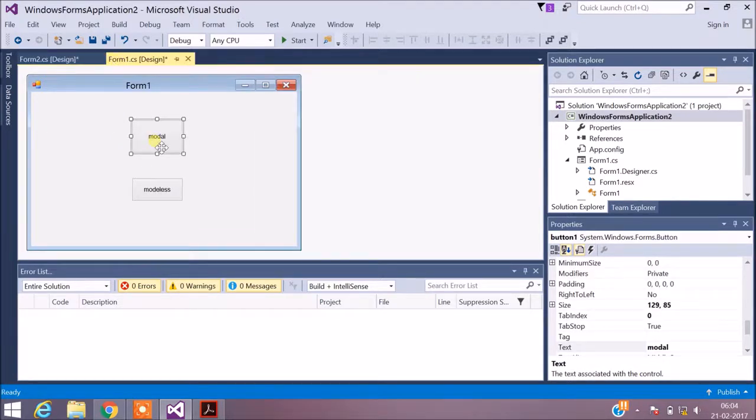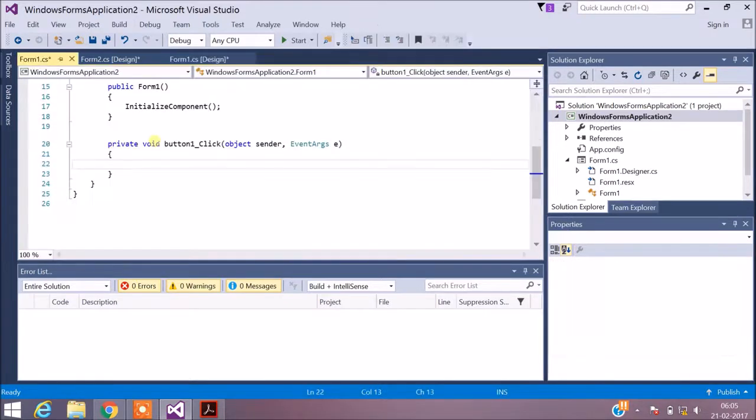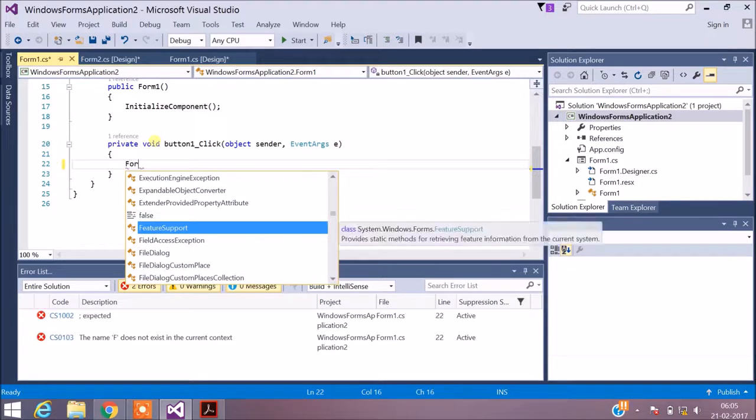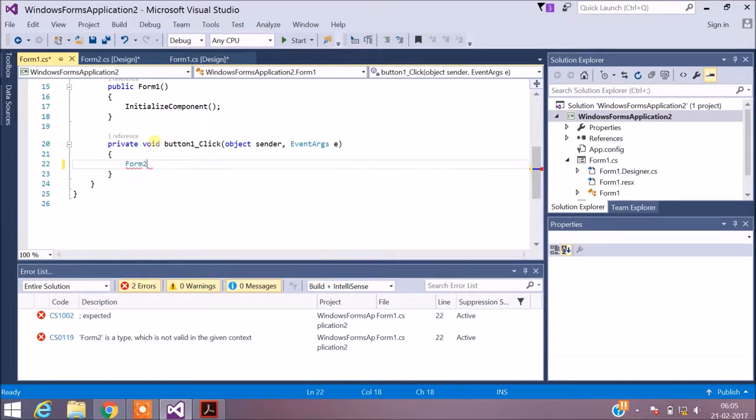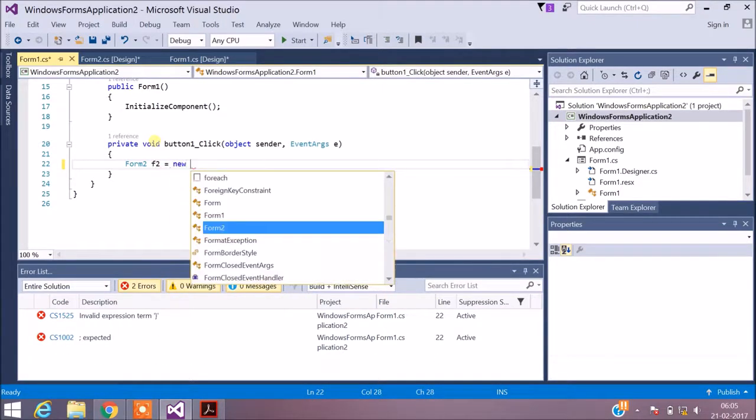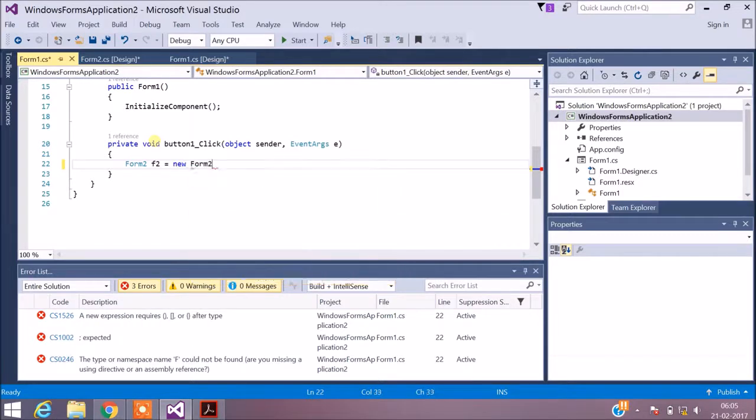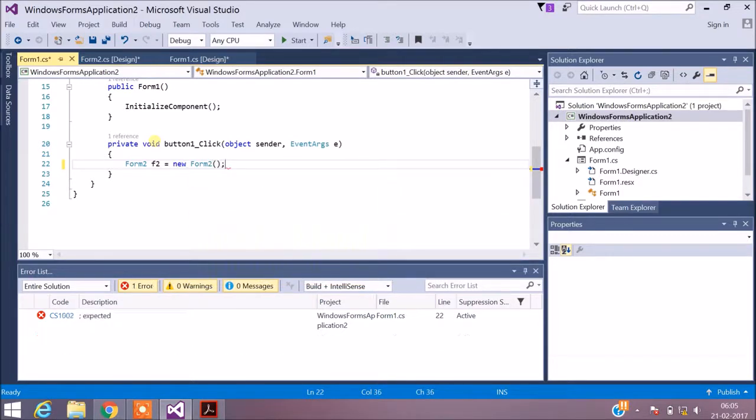Now what I have to do is, once I click the modal button, transfer the control to the second form. So I will double-click this button. I will be taken to the coding part once I click that button. Here I will create an object for the second form, Form2.